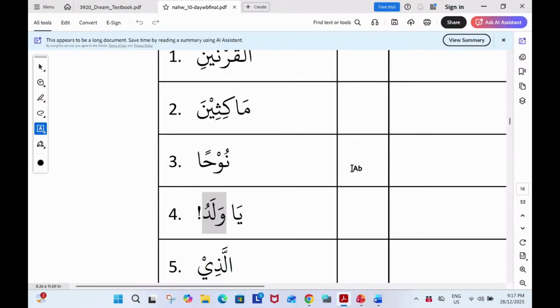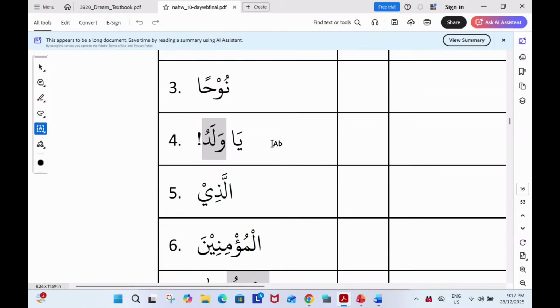Nuhan would be proper because this is the name of a prophet. So we said that proper names of someone are considered proper, they are not common. So Nuhan is the name of a prophet. That's why this would be proper. So in the reason you can mention proper name.